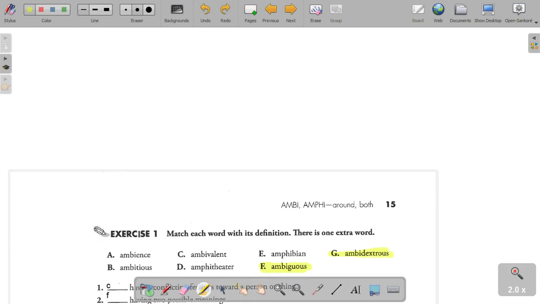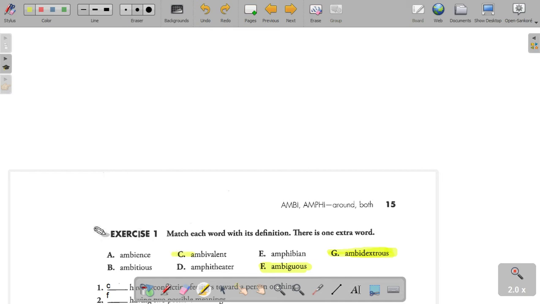Do you remember what ambidextrous means? Has a lot of energy. No? Okay, so what does ambi mean again? Oh, wait, hold on. It's the ability to use both hands. There you go. Equally, correct. And it comes from ambi, which means both, plus dexter, which means right hand. So it means you have both right hands. You can use both hands.